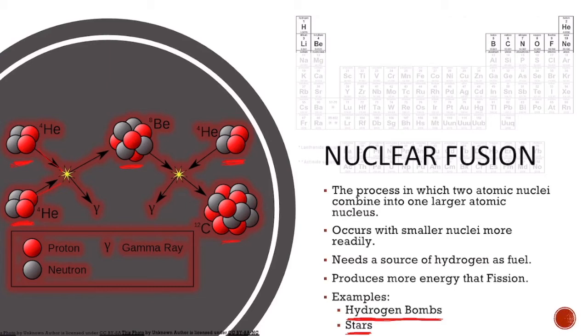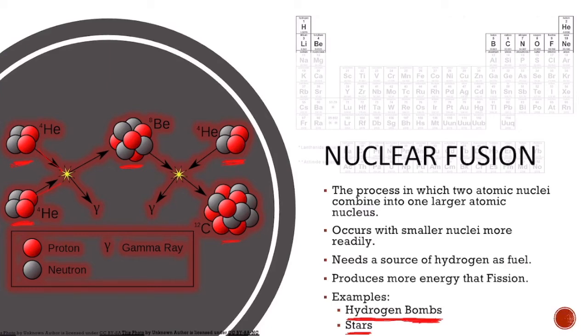So we don't have the ability to harness this power just yet. We don't possess the technology required to control a fusion reaction enough to make it useful for anything other than a hydrogen bomb. But there are people studying this and working on ways that we may one day be able to use fusion reactions to produce